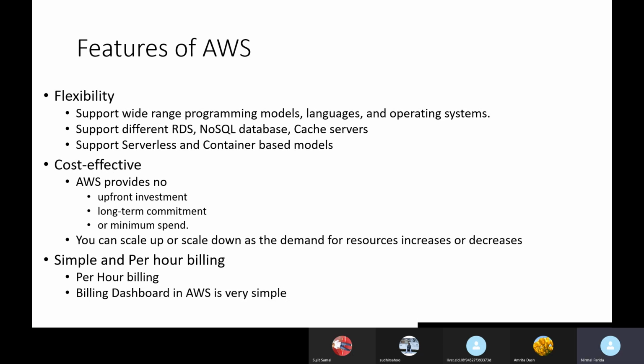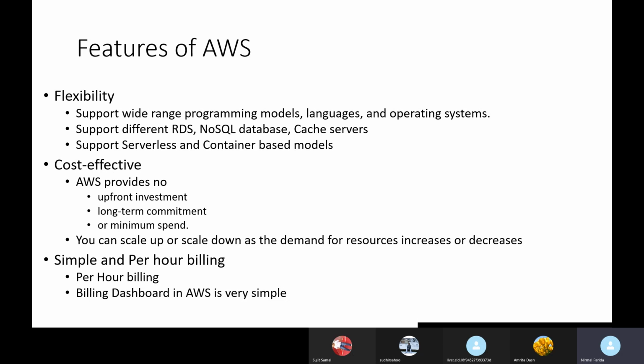Next is cost effective. If you use AWS, there is no upfront investment, which means you are not making a huge investment. AWS is not asking you to invest a certain amount of money to use its services. There is also no long-term commitment.